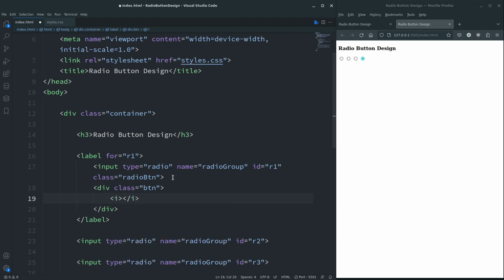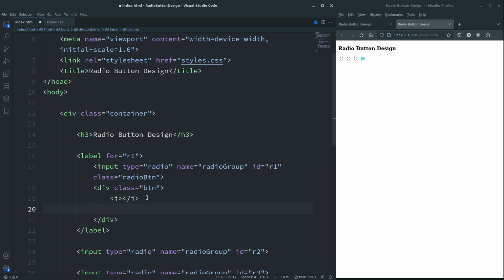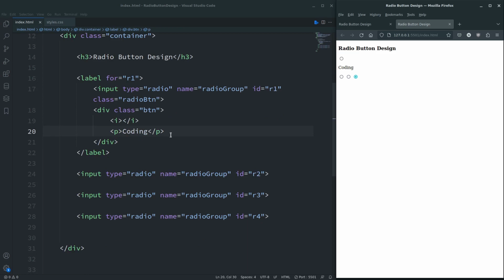That is where the font awesome icon is going to go, which we'll get to in a mo. And here is where I'm going to put the title, description, whatever you want to call it. Save. So if we click on coding, or anywhere within here really, then it highlights it. Okay, so